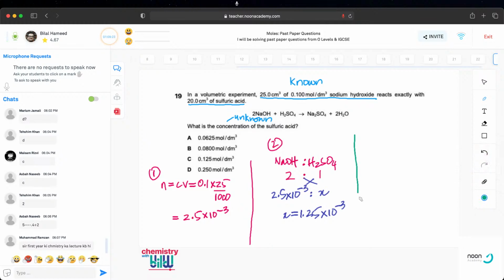And then number 3 is the concentration of sulfuric acid. So uske moles aa gaye. Does anybody even answer for me? Is anybody even doing this question or just waiting for me to do this one? Volume was 20 cm cube. So when you cross multiply, so what you get is